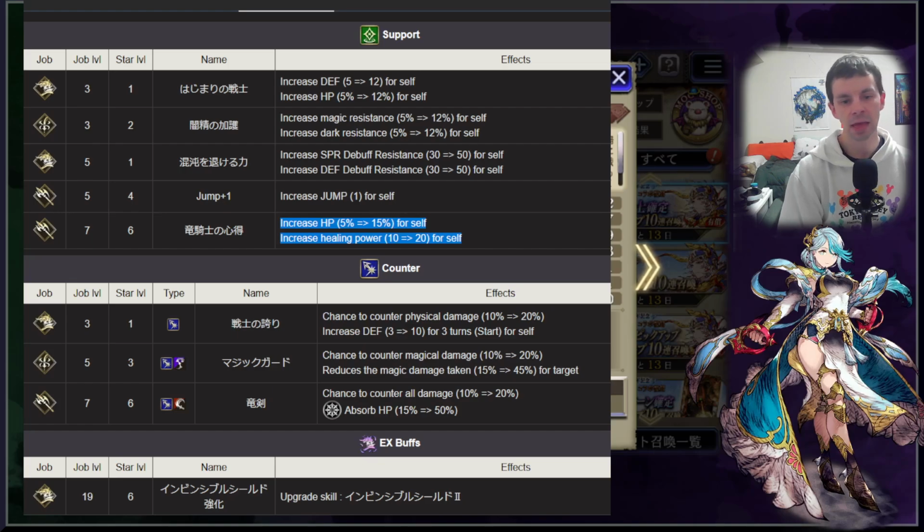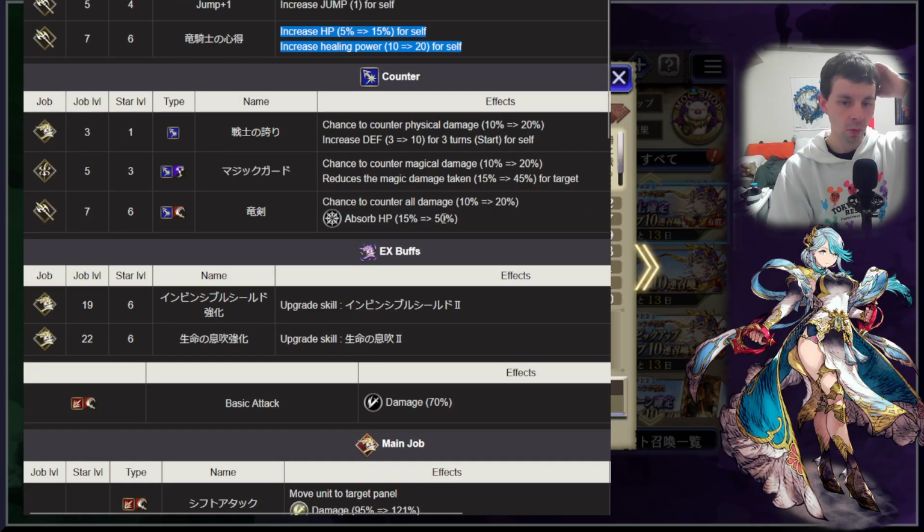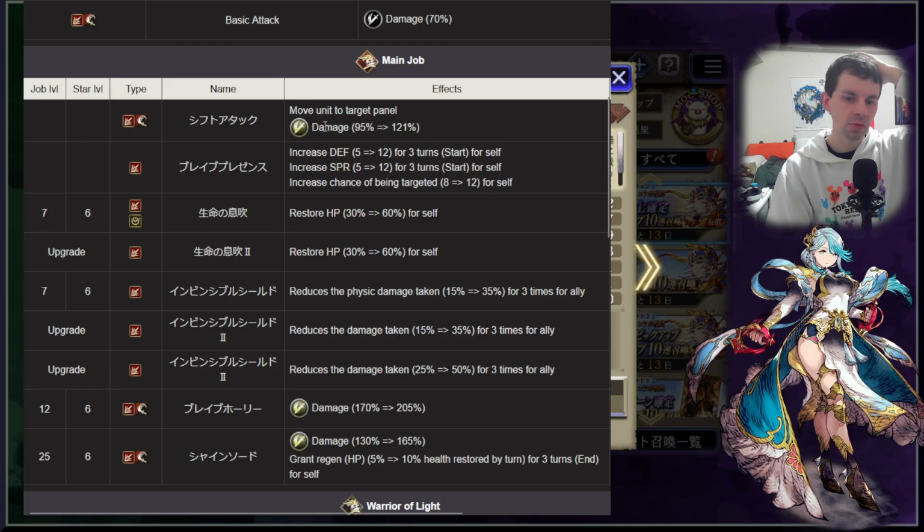So defense, HP, and potentially the Dragoon ability looks to be kind of the way to go. Also with Dragoons, restore some HP. Maybe that's quite what you're looking to do since his counter was not improved. Now, looking down across